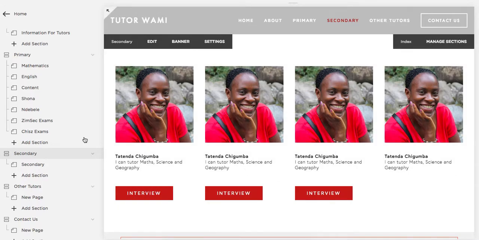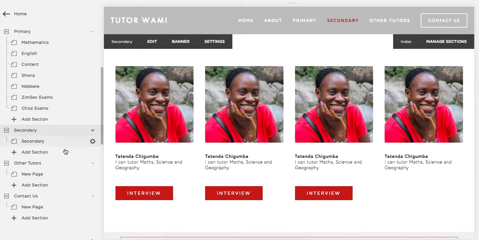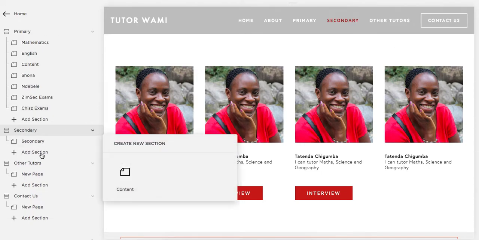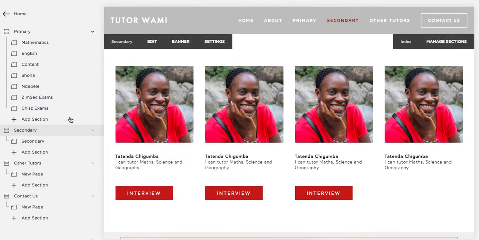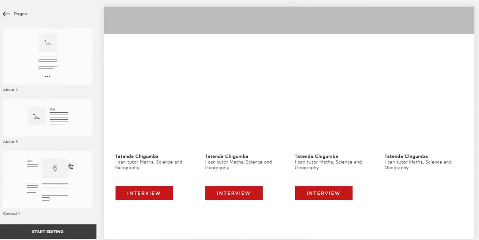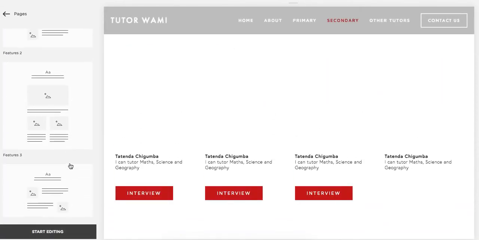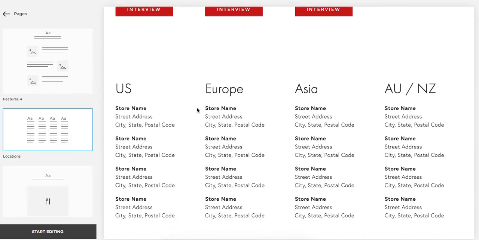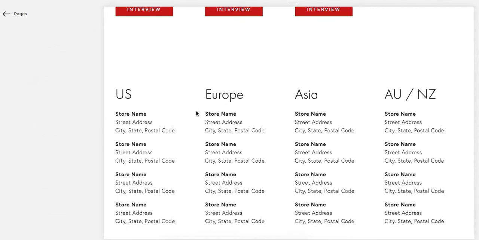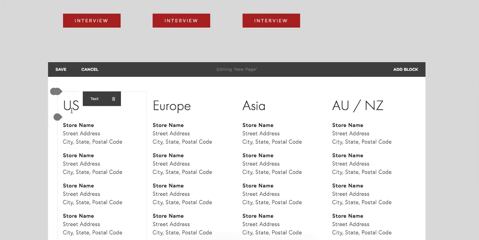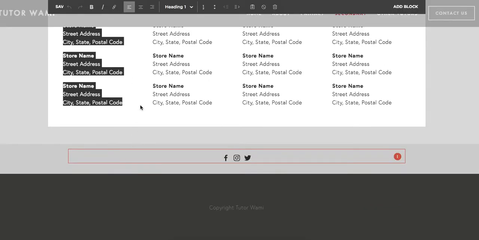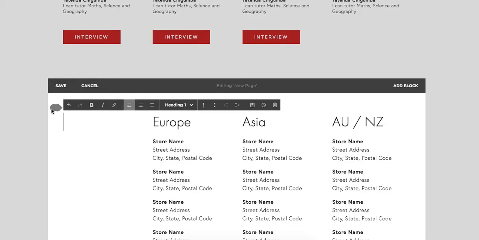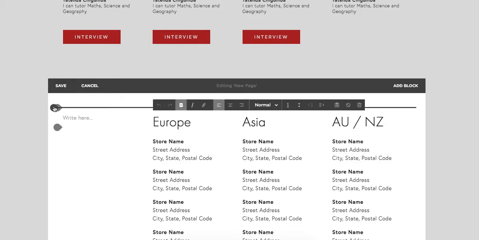There's a row 4 over here, secondary. What I did was show you, do this, the add section, bit of content, and then I did this one with multiple. At least it gives you 4 blocks of real estate. And start editing. And basically, I just deleted the stuff that was there. And then in this block,